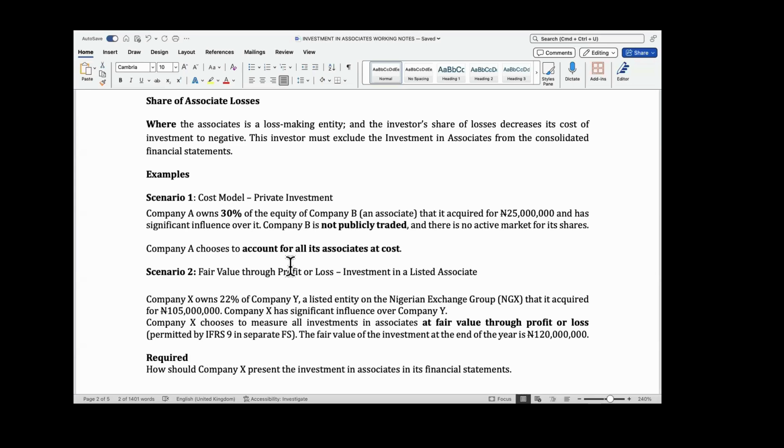Because it's either you're doing it at cost, or fair value through P&L, or fair value through OCI. And those investments, they usually impair. The auditor, in his own wisdom, should impair it. He himself will impair it, given that these guys have been making losses, even if in the consolidated financial statement you have excluded it. You explain, and they will help you impair it even in your separate financial statement eventually. Yeah, I like that question. That's very practical.